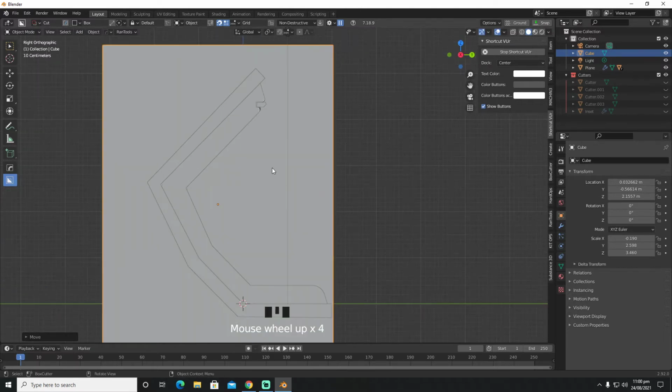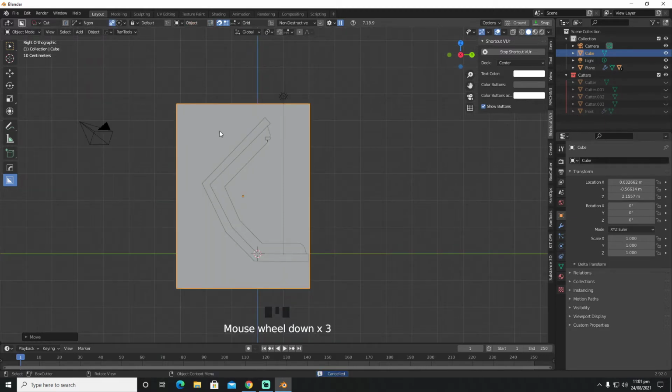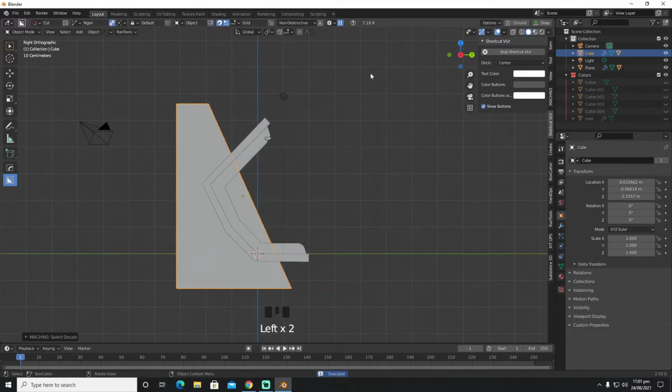I'm gonna go to the right view, and we're gonna select n-gon, and we are going to, that's too much, yeah, we are going to cancel this out,